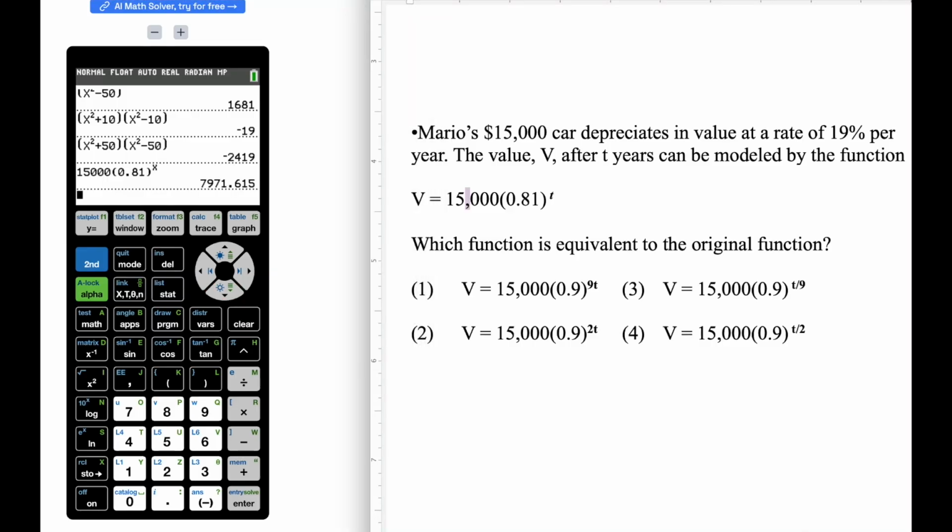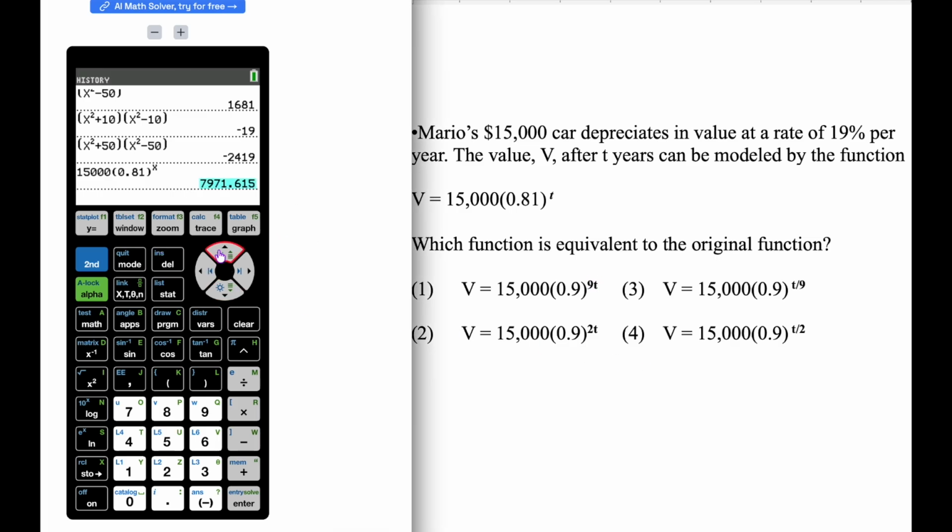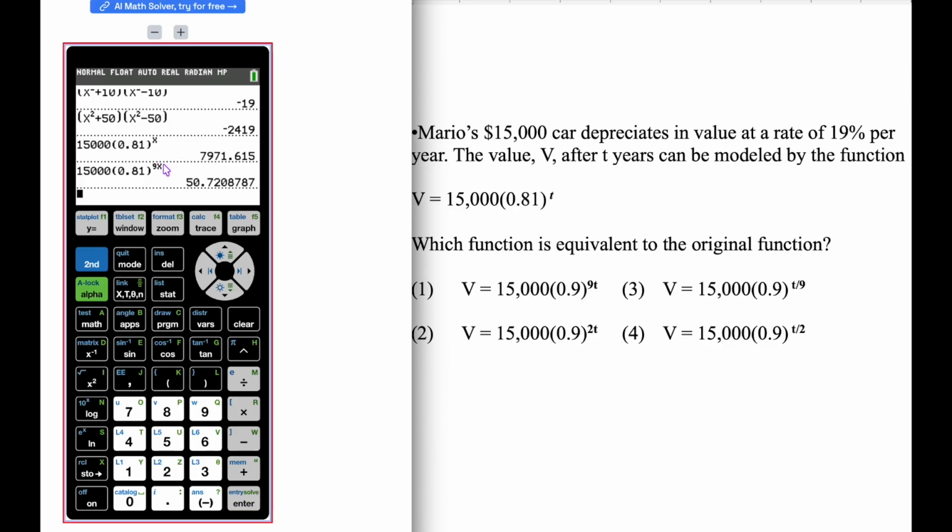The other thing to point out here, on the TI-84, things like 9t as my exponent will work just fine, right? So to give you an example, if I copy and paste this, and now I go back up to the x there, and I turn it into 9x, it works just fine. However, on the TI-83 and some other calculators, it doesn't actually raise your exponent like this,